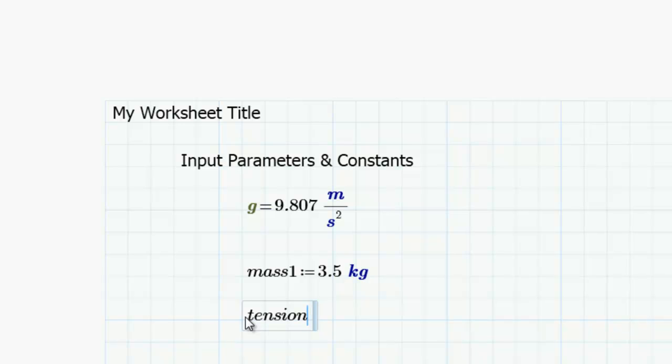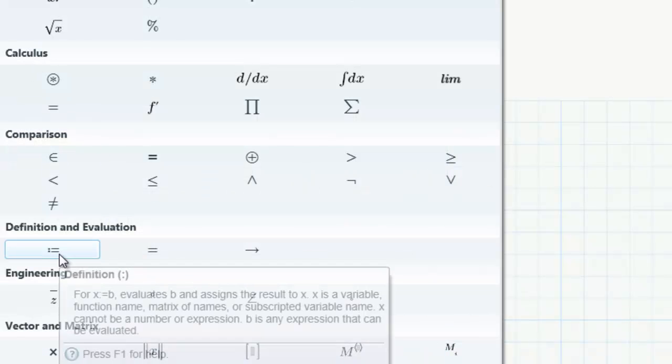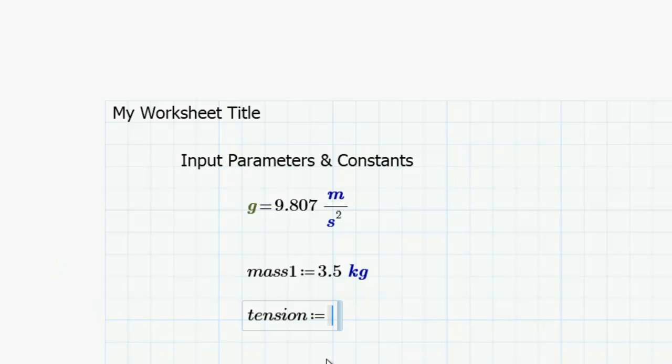Default regions in Mathcad are math regions. So if I just start typing, I get a math region. So I can then go up and I can insert my definition operator, and then I can type 40 and a capital N and define a tension of 40 newtons. So now I have three different parameters, one constant and two variables, introduced in my worksheet, and I can use